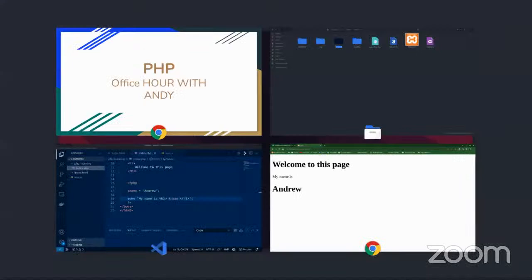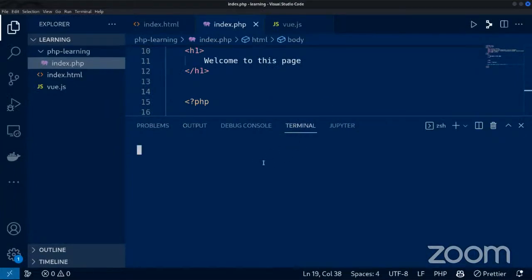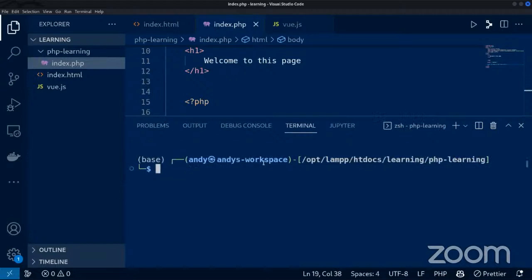And now let me show you something again. We are not coding here. I'm just trying to answer questions. I'm going to try to show you something again. I want to execute this script. So let me be inside the folder, and then I'm going to write PHP